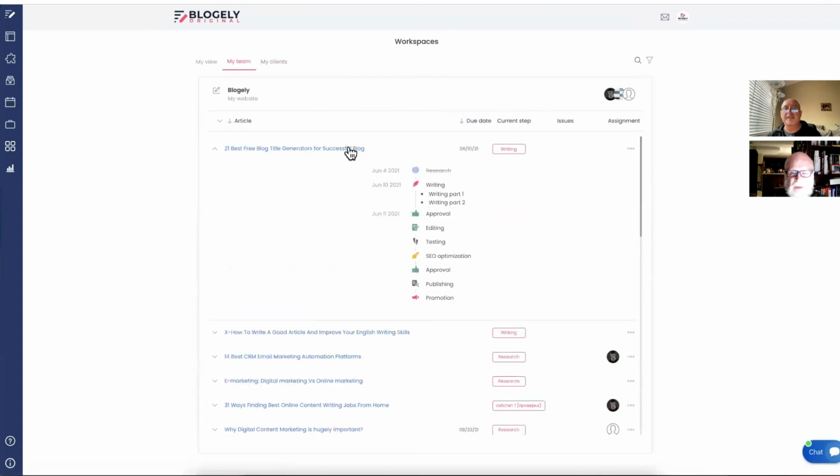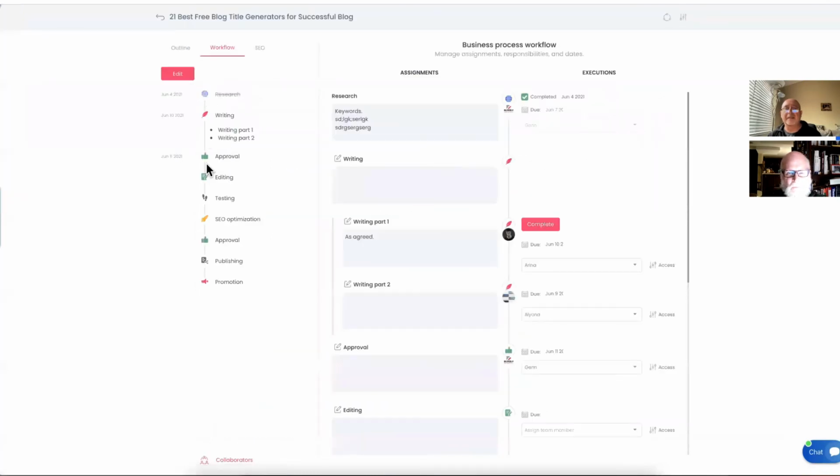If I go to this view, you could see something like this. How do you know which step is current just by looking at this? You've got the strike through on the completed step. Exactly. The very next one after the strike through is the current step.